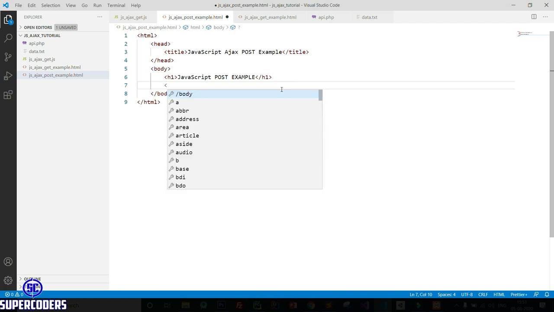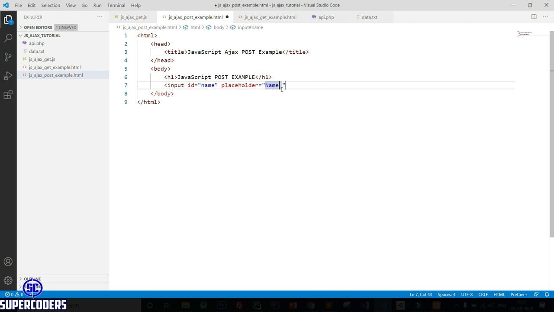So let's see, input id equal to name, placeholder name, enter name, close it.